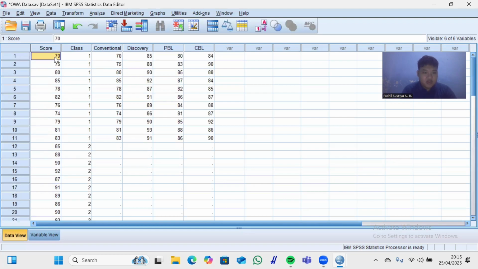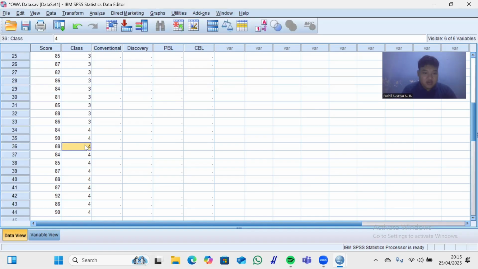Also make sure to make the code for the class data. So the 1 is the code for class 8A, up until class 8D.